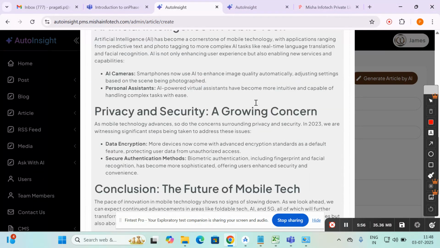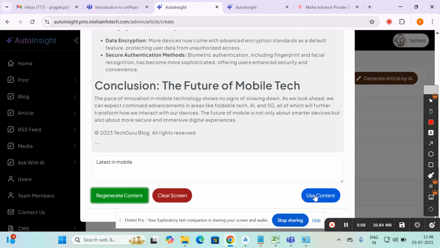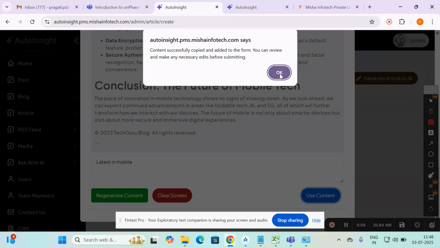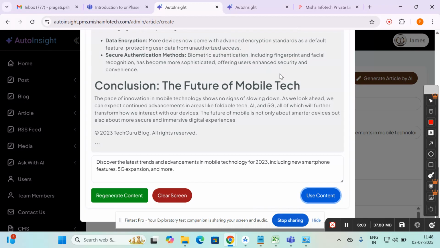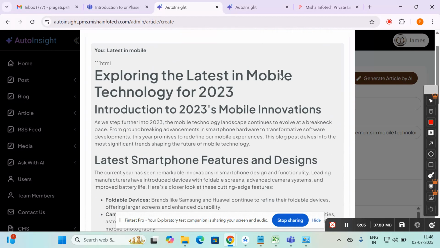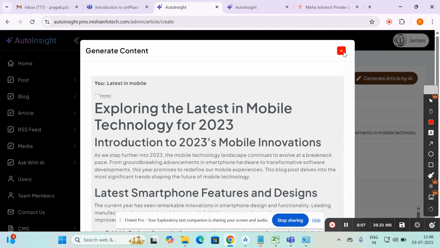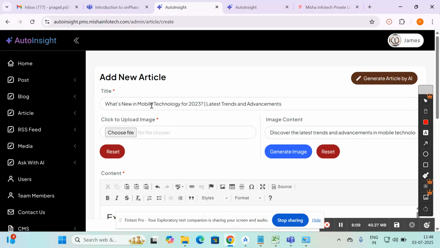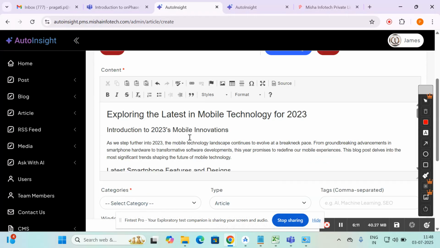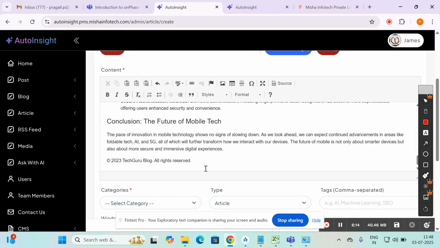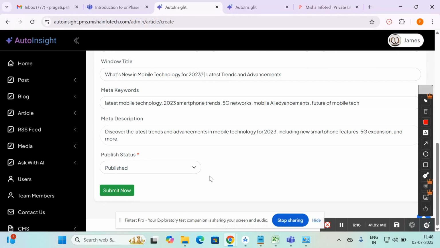And if you're satisfied with this content, then use content option, okay, and content is used. Then you see that here title, description, everything is filled.